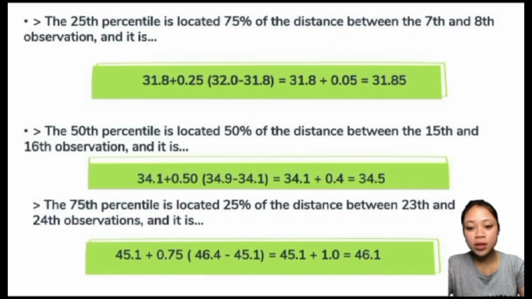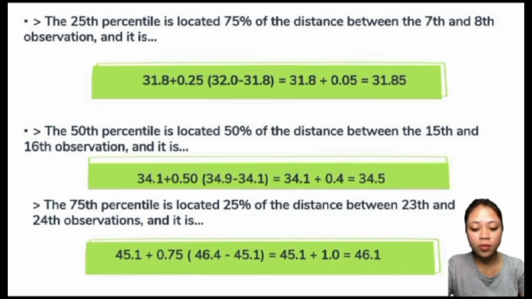The 25th percentile is located 75% of the distance between the 7th and 8th observation, and it is 31.85. The 50th percentile is located 50% of the distance between the 15th and 16th observation, and it is 34.5. Since all of the percentiles are non-integers, I interpolate, and the result is 31.85 for the 25th percentile, 34.5 for the 50th percentile, and